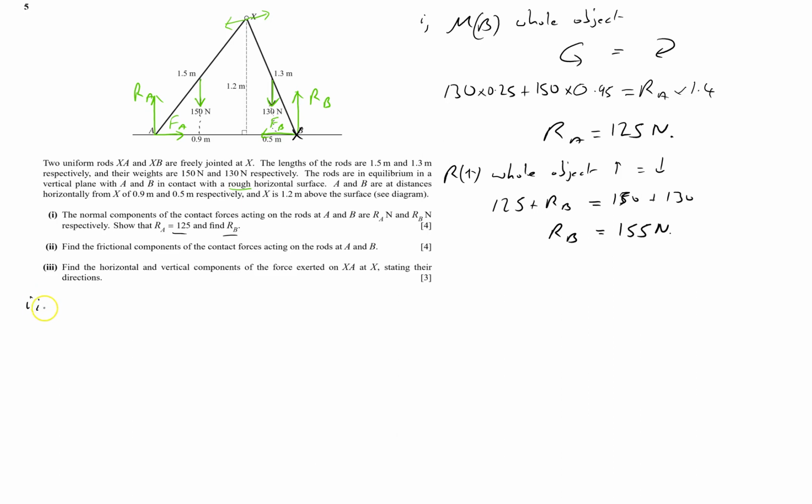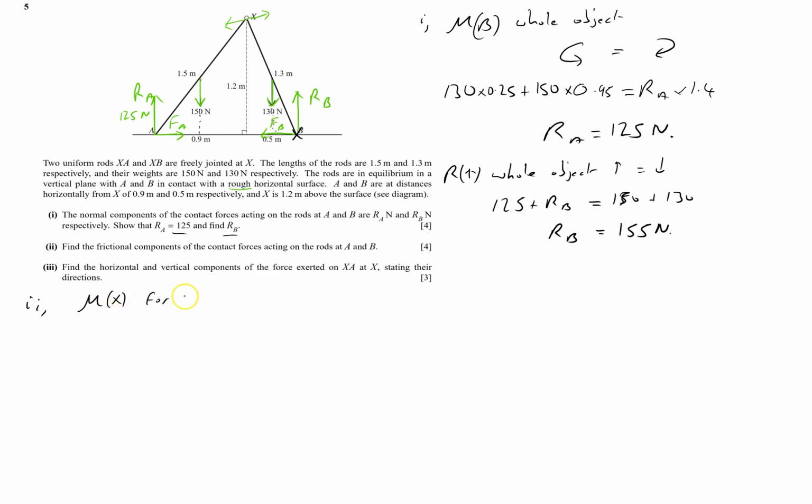Now the second part, find the frictional components of the contact forces acting on the rods A and B. Why don't I find out this one first? So FA. Now if I can do that, I can't take moments about here. I can't resolve horizontally. Well, actually resolving horizontally would be great, because I get FA equals FB. So the internal forces will cancel each other out. So FA must equal FB. So all I need to do is find out what FA is to get there. And of course I do know that RA equals 125 newtons. So I actually know this one now. That's 125 newtons. So what I'm going to do is take moments about X